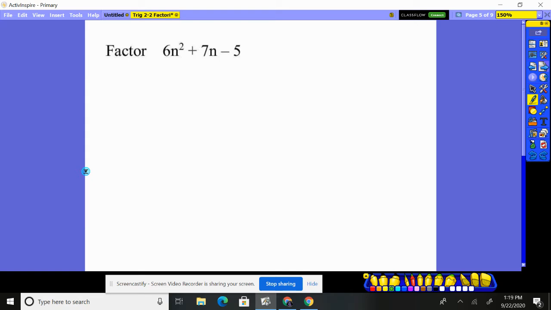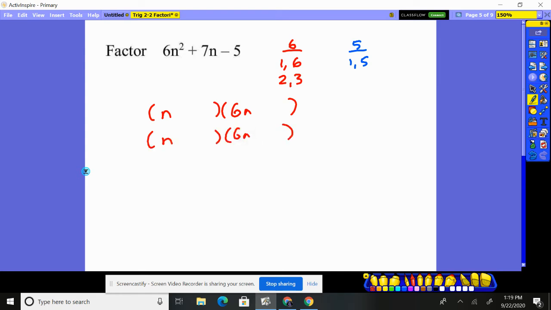Uh-oh, we have a subtraction sign. No big deal. Okay. For the 6, I know there's a single 1n and a 6 and a 2 and a 3. For 5, there's a 1 and 5. Now, one of the pieces is going to be positive, one's negative. Here's how we're going to look at this. So I have 1n and a 6n. And I know that with that, you could have the 1 here and the 5 here, or the 5 and